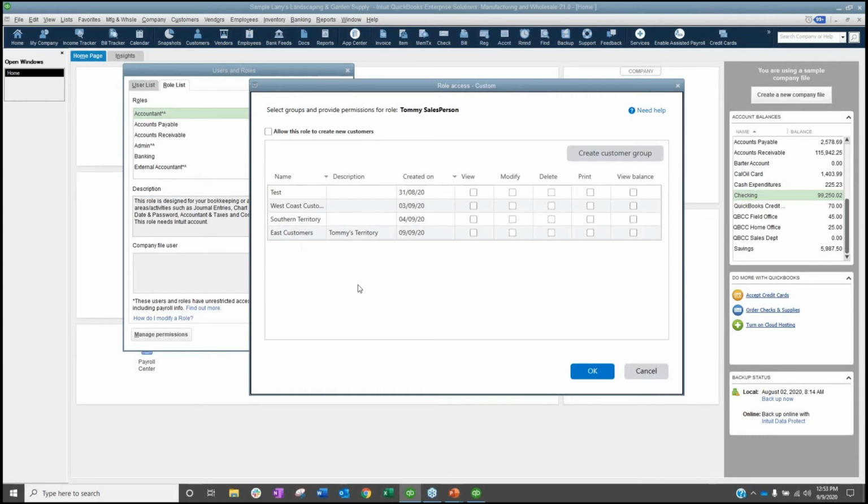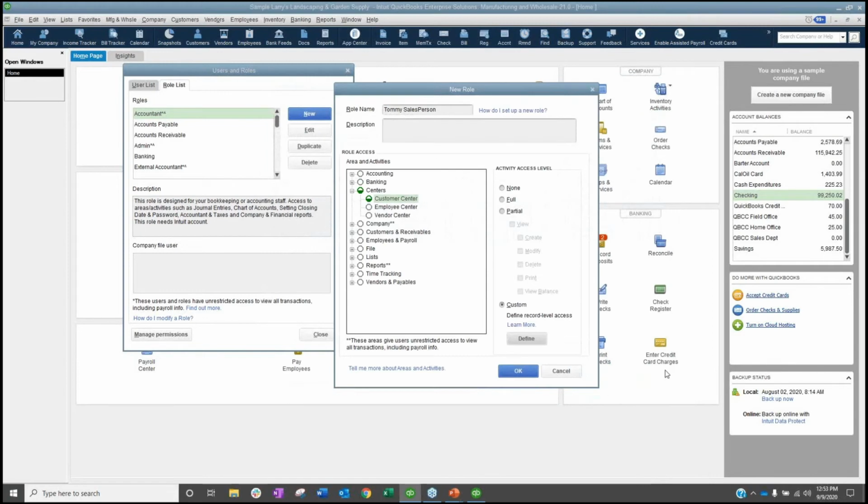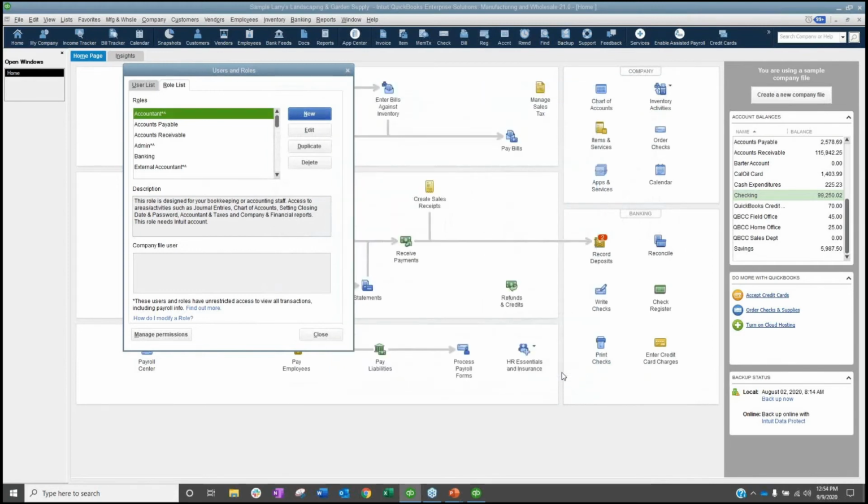Very cool. Very, very cool. This is one of the things that people have asked for before. I want my sales reps to only see their customers. I want my project managers to only see their jobs that they are on. Very cool. Yeah, big deal. Customer groups are available in all versions. This custom access is available in enterprise only. Yeah, huge deal. Thanks, Kim. I'm getting so much excitement today. Yay, this is what I was hoping for. It's great. I love it.